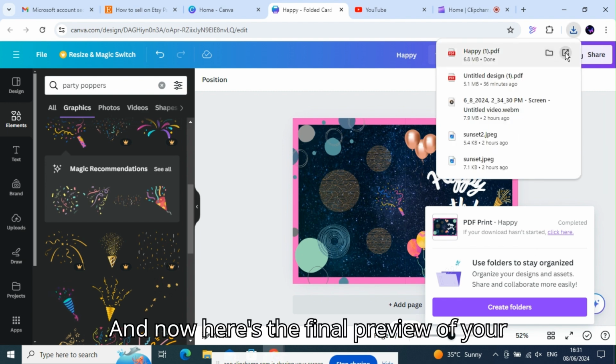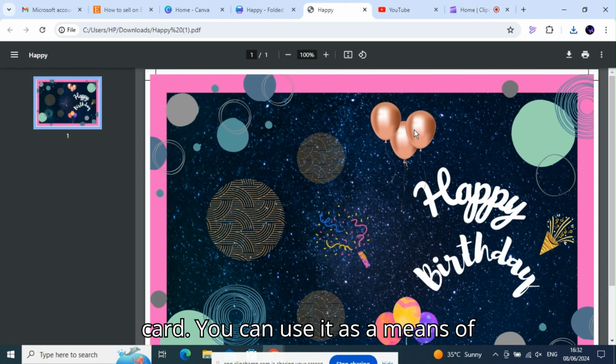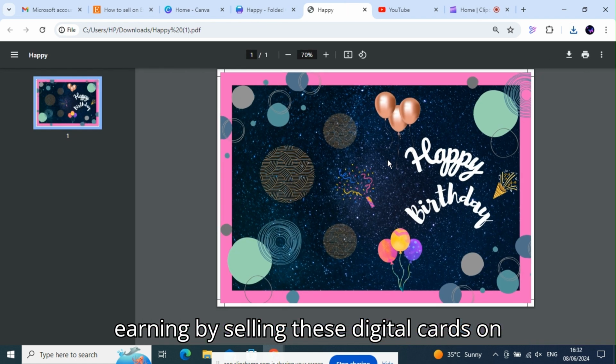And now here's the final preview of your card. You can use it as a means of earning by selling these digital cards on Amazon,